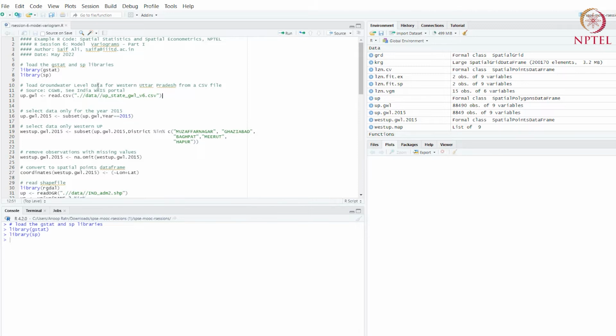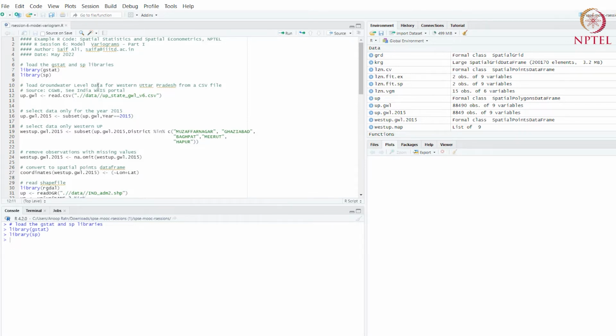And the government of India and various states in India monitor groundwater levels all over the country using observation wells. And this data is available publicly on the India Water Resource Information System, WRIS. So I encourage you to check out this portal. I've already downloaded, formatted and sort of cleaned this data for you. We'll make it available for you.